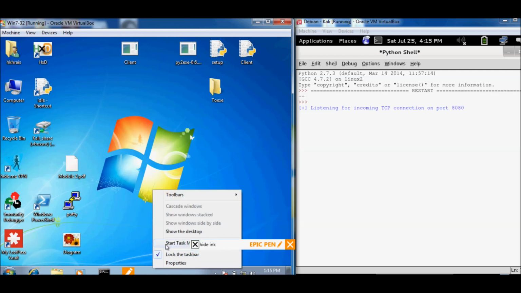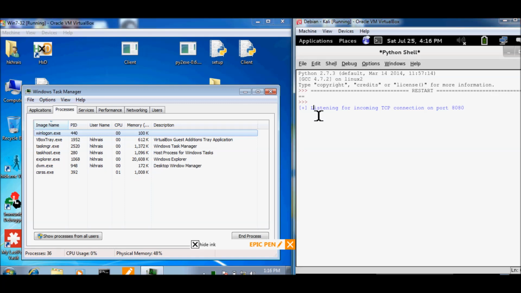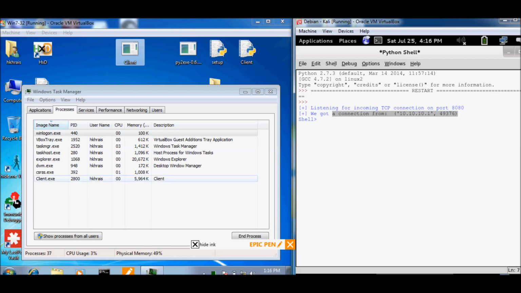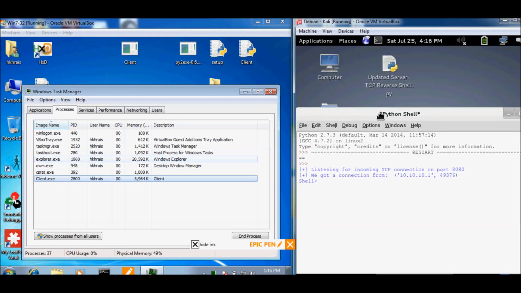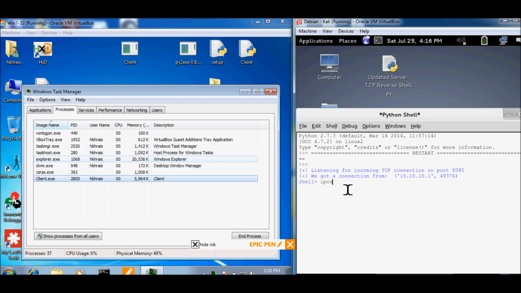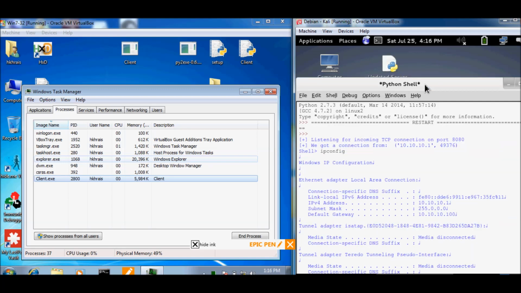Now just to make sure that all the functions are working fine and properly after exporting our script into exe, I will simply run it. And fair enough, you can see that we got the connection here and a process has been created in the Windows Task Manager. So once again, I will do a quick verification. We can see that ipconfig executed normally,